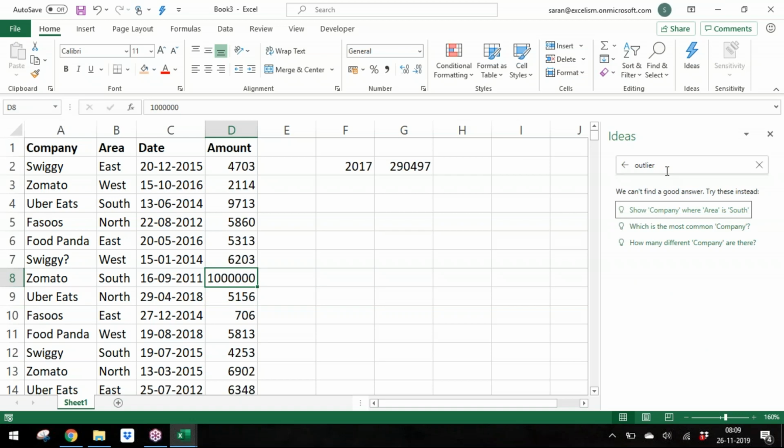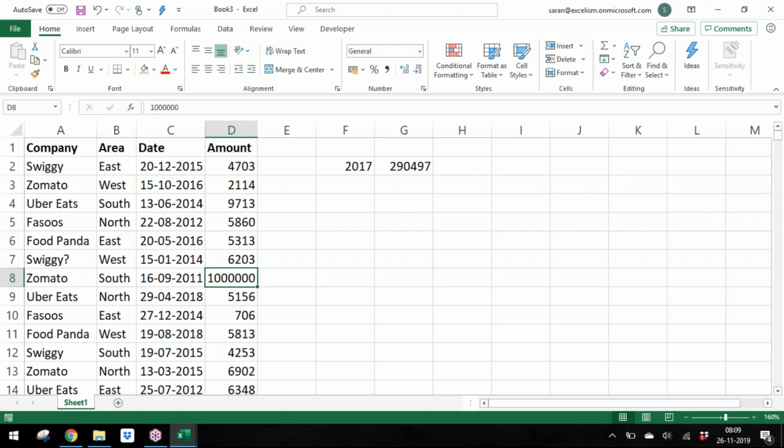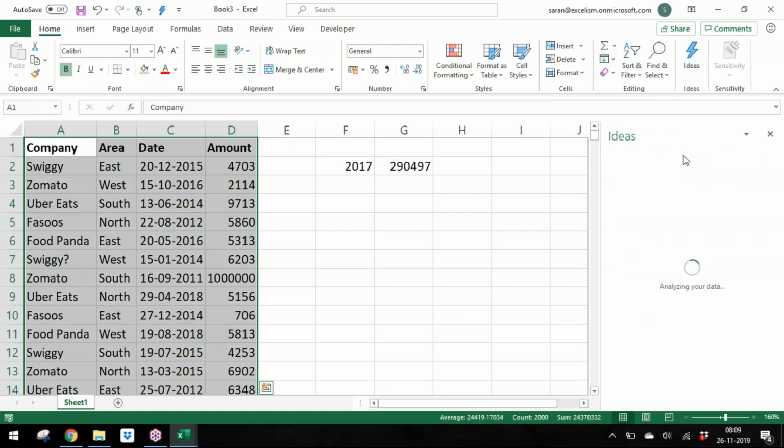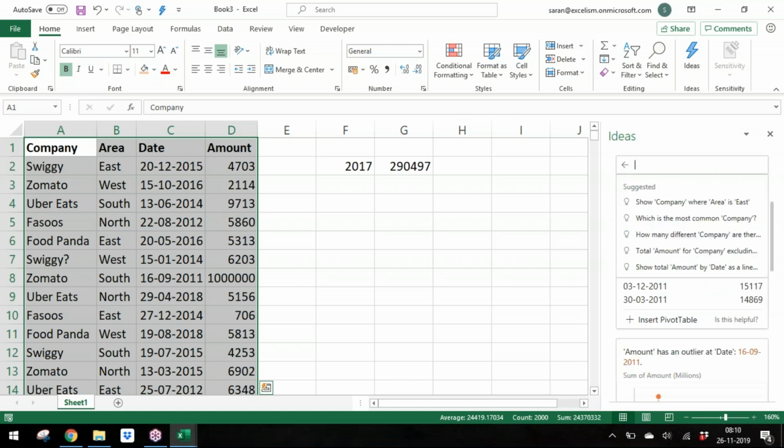No, it did not understand. Is the spelling correct? Amount outliers. No. So the questions must be like this. Okay. So I'm sure in future they'll come, because this is for the people. You may not find it even if you are using 2000 ideas. You can find it, but this feature of asking the question you may not find it, because mine is as